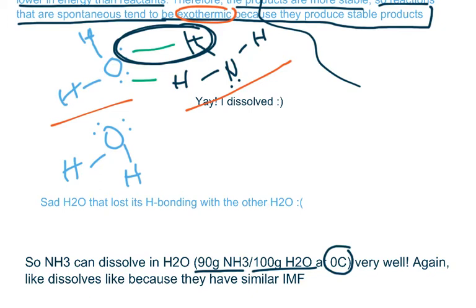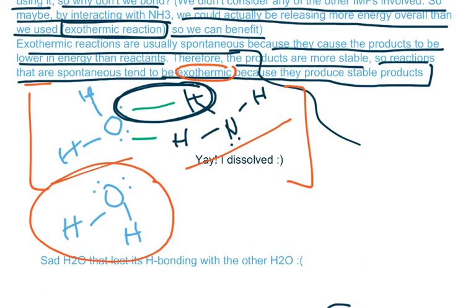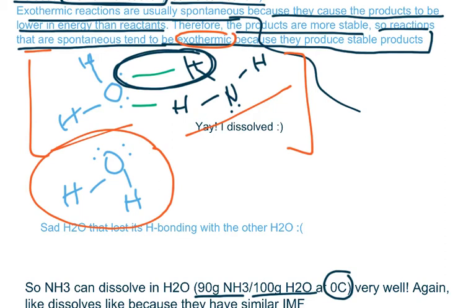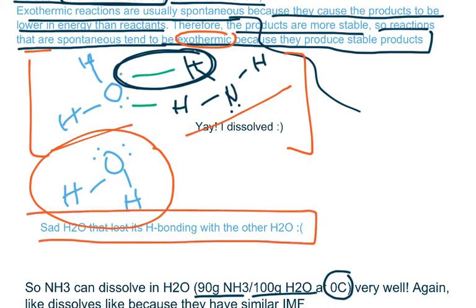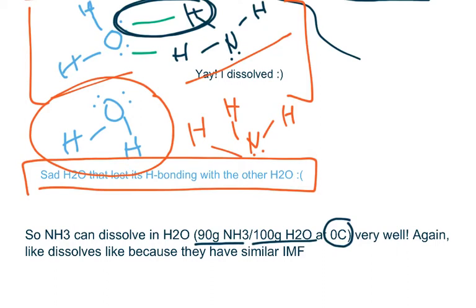Now, in the final image, as you can see over here, the H2O does some hydrogen bonding as well as some other bonding that is not shown in the image, and it ends up having to break its hydrogen bonds and the other intermolecular forces. So, this H2O is kind of sad because it lost its H bonding, but not to worry, because I'm sure that out there in the distance there might be another NH3 molecule waiting to form a hydrogen bond with that water. So NH3 can dissolve very well in water, and again, this is because like dissolves like,